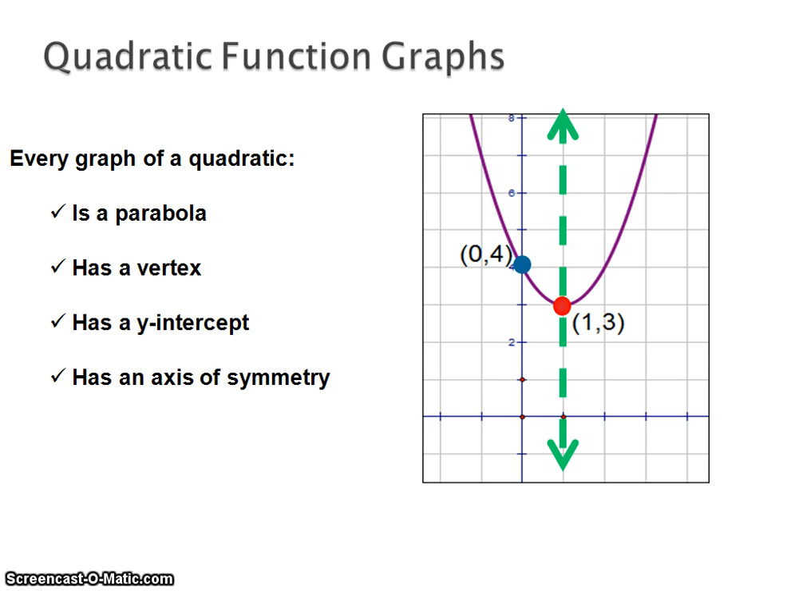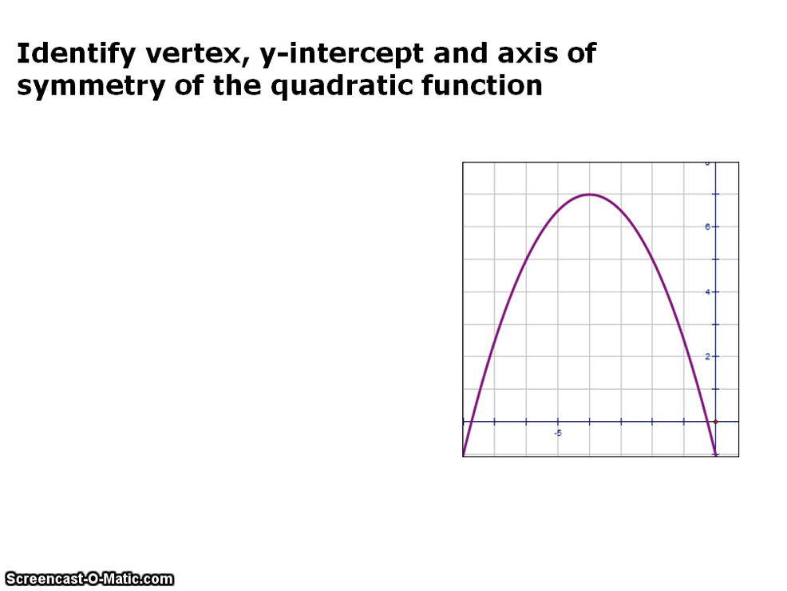Pause now and make sure that you have each of these four attributes of a graph of a quadratic, and a sketch of the graph. Now we're going to look at how you identify the vertex, the y-intercept, and the axis of symmetry if you're